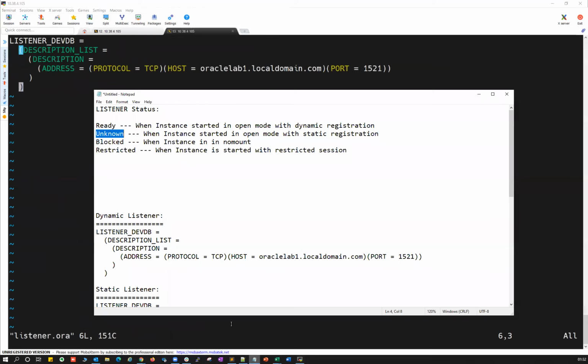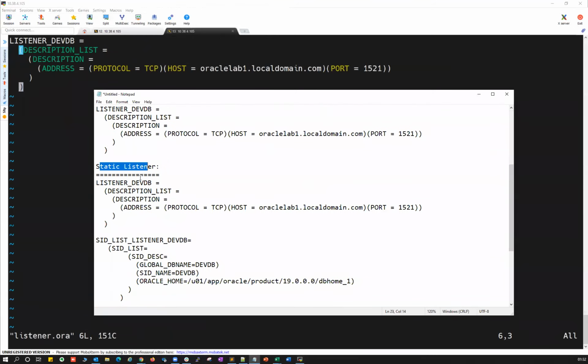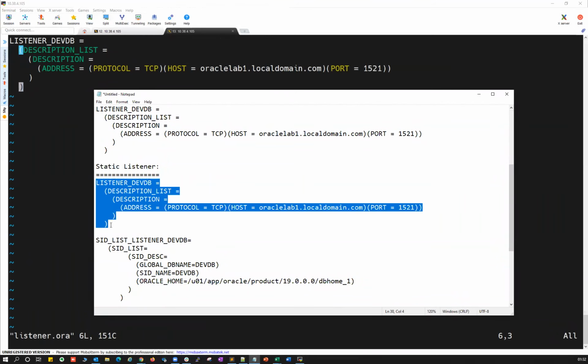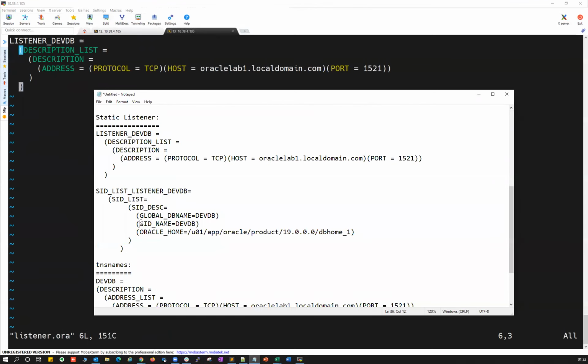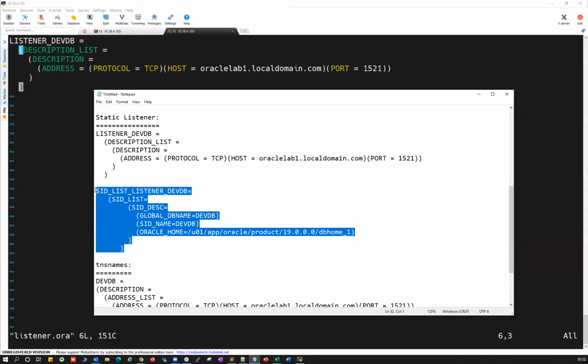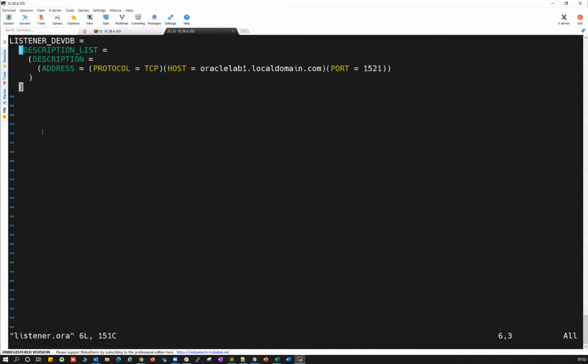And then, as I said, the static registration is going to be your listener entry along with your SID, your database instance ID, your database SID name, global name, and Oracle home. You need to add these entries inside your listener file. That's going to be your static registration, irrespective of whether your database is started or running or not, doesn't matter.